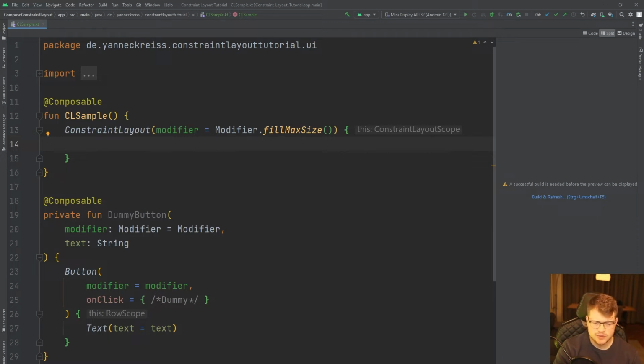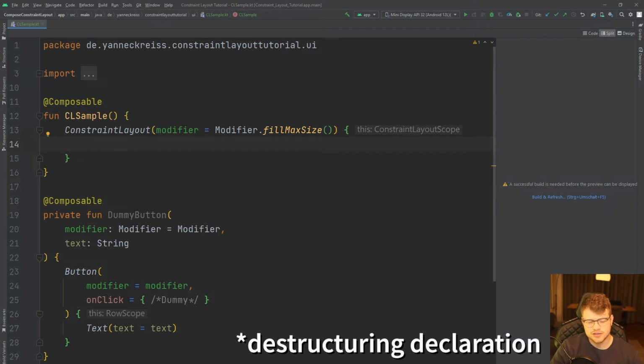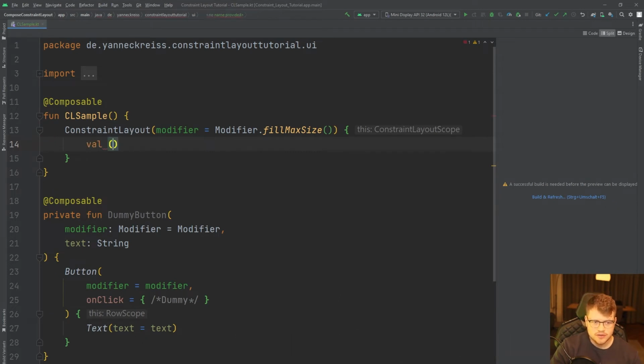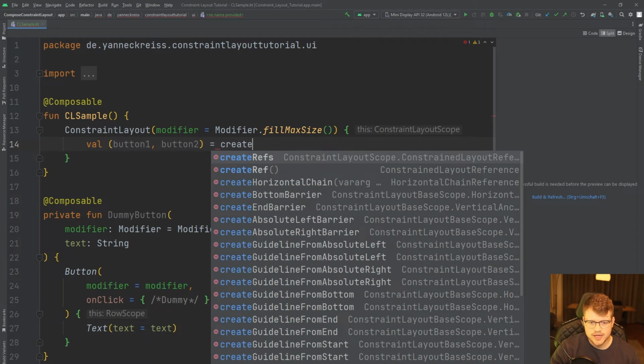So in our case, we have 2 buttons. So we use Kotlin's destructuring, and it looks like this. We say here in parentheses button 1 and button 2. And as you can see here, we are in the constraint layout scope. So we have some additional functions here that we can use. One of these is the createRefs